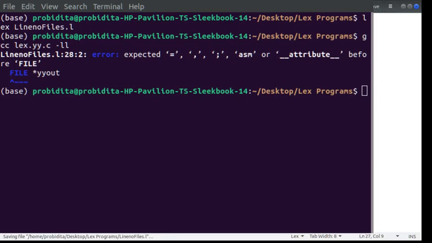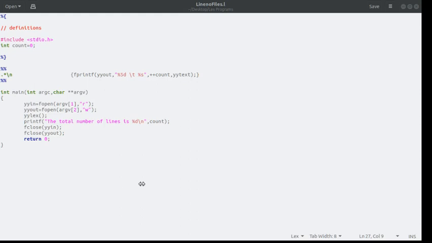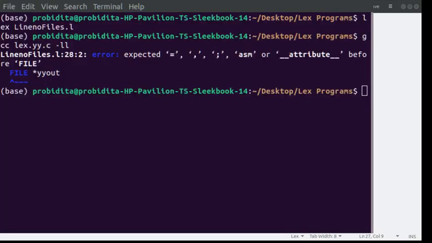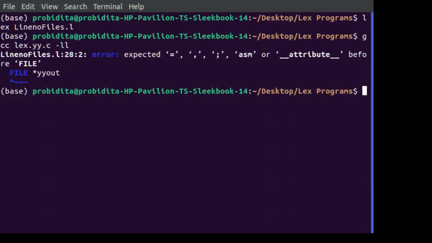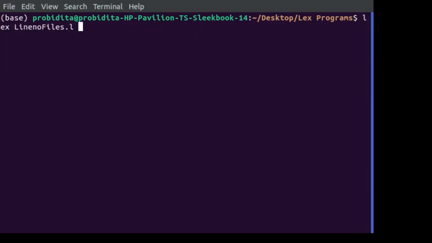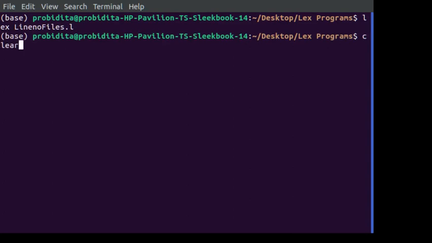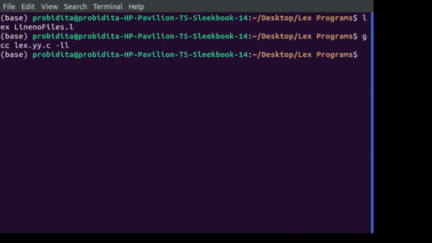Save it. So now I have removed the text which I had put here. Now I can go back to my terminal. Compile with GCC, done.